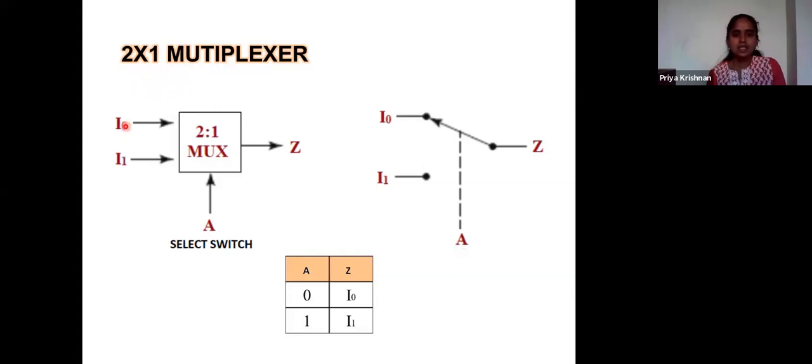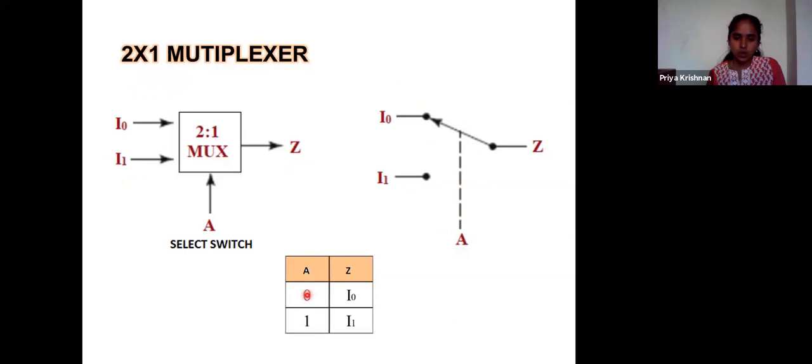You can add as many inputs on the input side, but the output will always be only one. Here it is 2 cross 1, so I have 2 inputs and one control switch, and the mux will always have only one output.